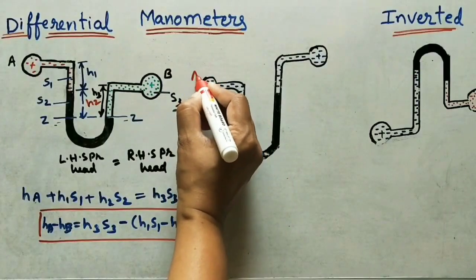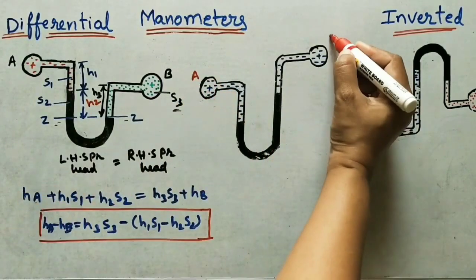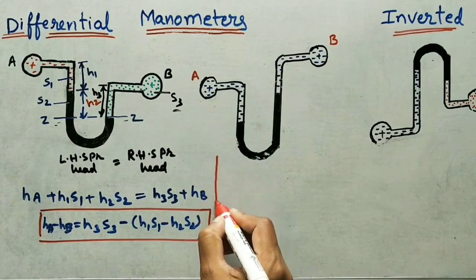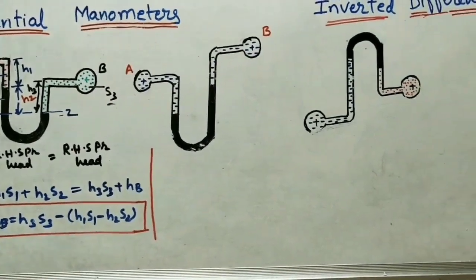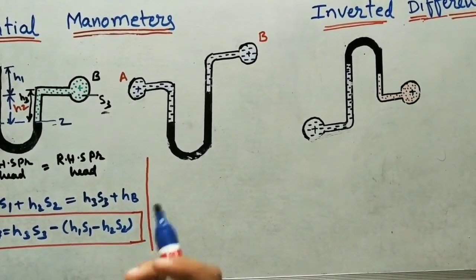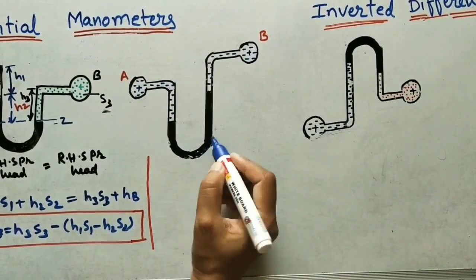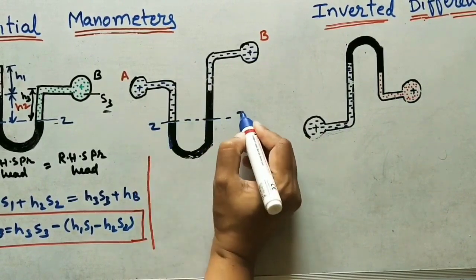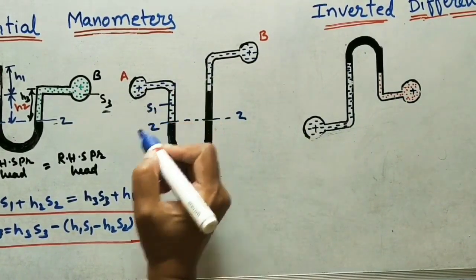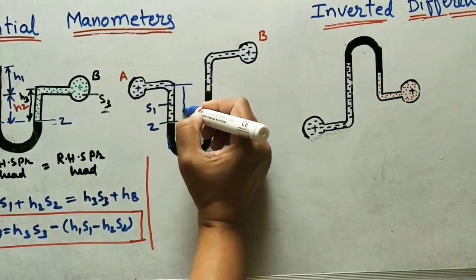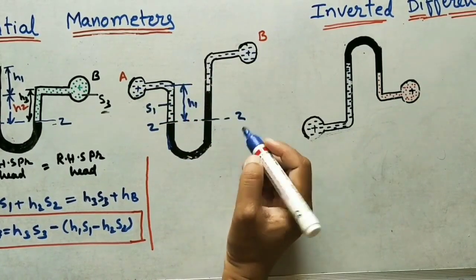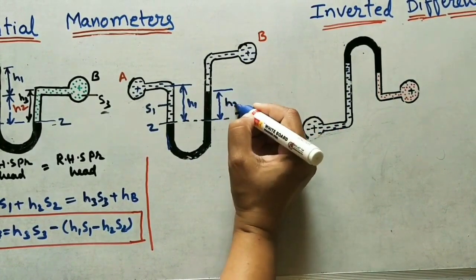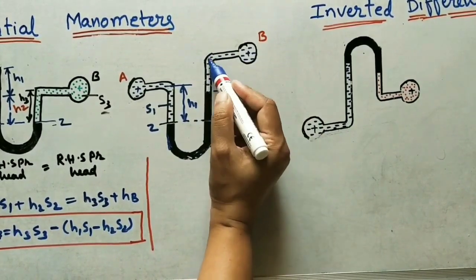Let us take this as pipe A. We are connecting to pipe A, and pipe B is at more height. In this also we have to find HA minus HB because we are taking two different points. So the pressure head equation: first mark the heights. Wherever the mercury level is lower, take that as the datum line Z and Z. Only one liquid here. Let us take its specific gravity as S1 and the height as H1, and up to this level mercury is there. I am taking this height as some H2.